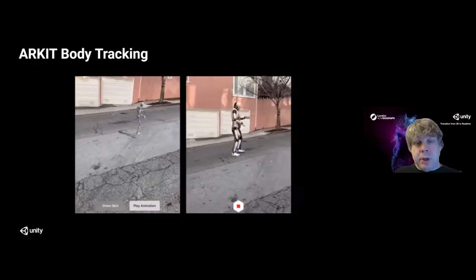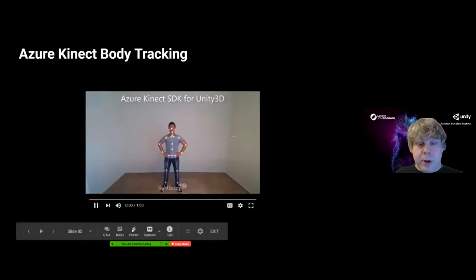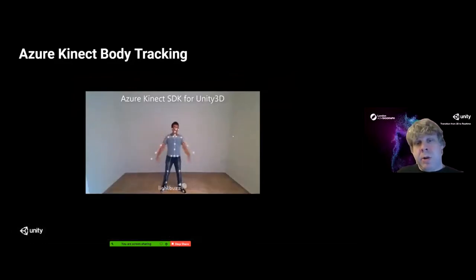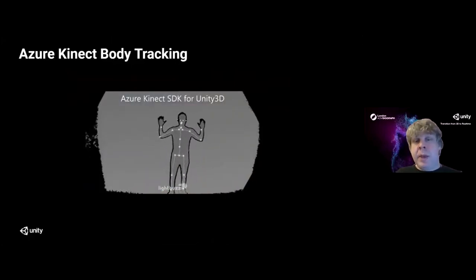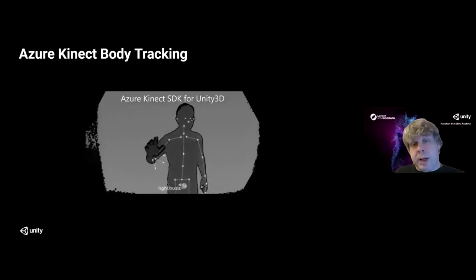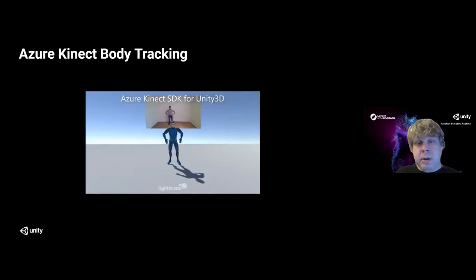Another solution is this Azure Kinect. Ooh, I forgot to hit play. Oh, and I forgot to turn the audio off. But the Azure Kinect sensor for Unity has all kinds of tracking. This is a standalone sensor, about 300 or 400 pounds. It's basically the same sensors from the HoloLens, but as an individual unit. You can capture body tracking and motion capture data and just bring it into Unity and then apply it to characters. So that's a $300 motion capture setup, which is cheaper than a £1,000 iPhone.